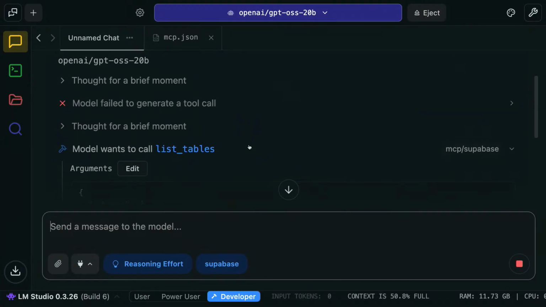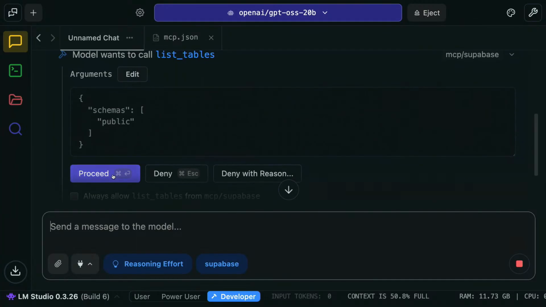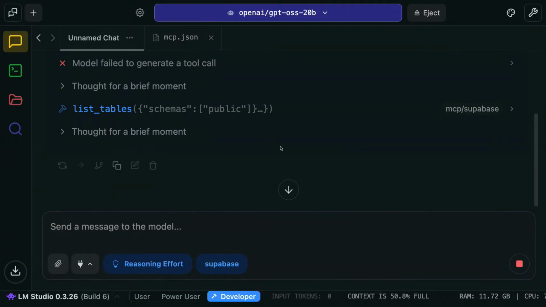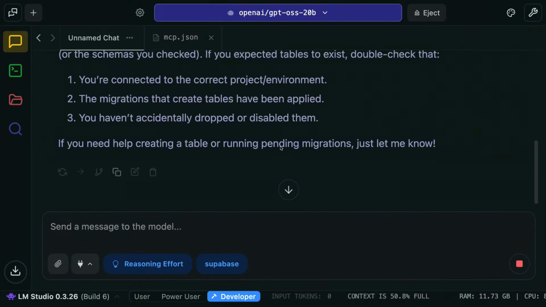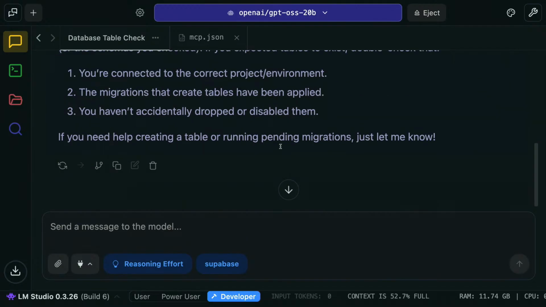We had a failed tool call, but then it figured it out. Okay, so it's going to first list the tables to see what's available. This is very common with MCP, and we're saying, looks like you don't have any tables. That's what we expected. So please help me